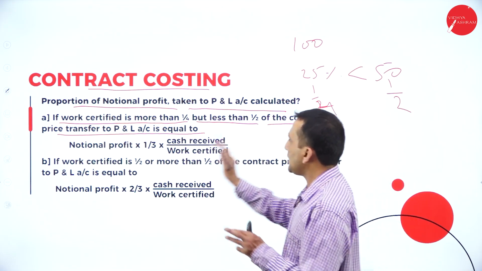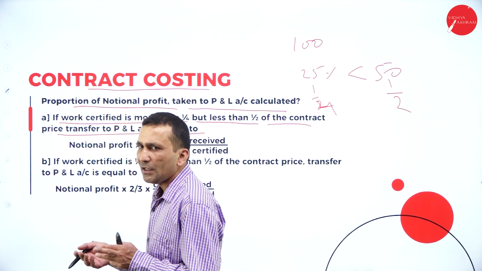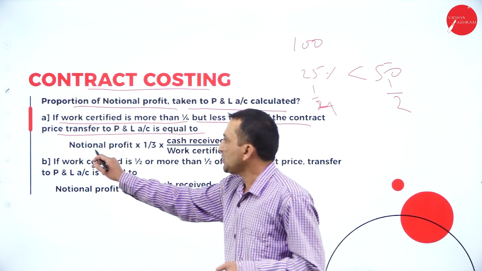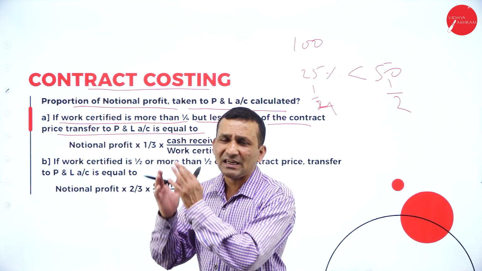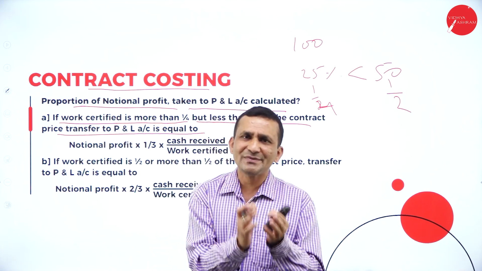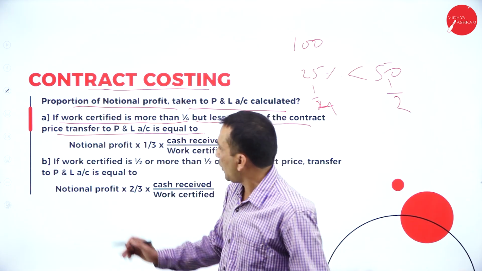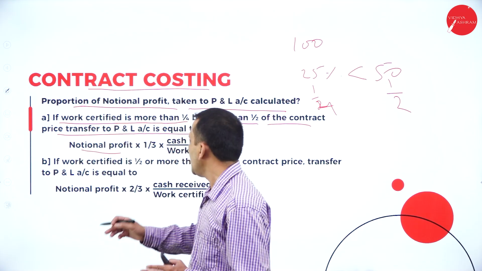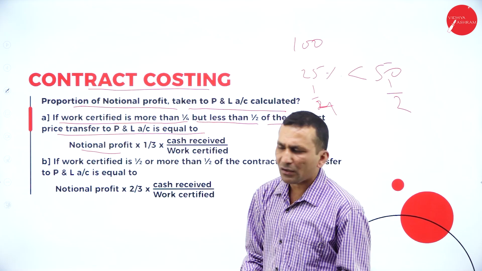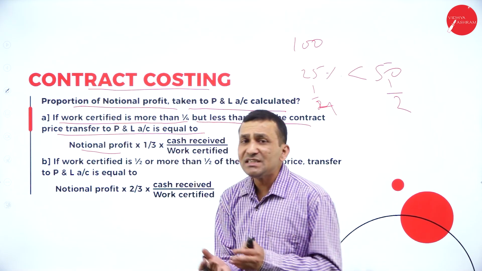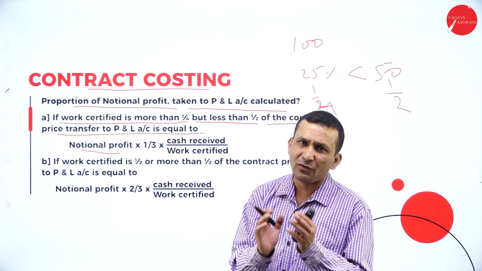Okay, so in that case, how do we find out the profit and loss? It is very simple. The notional profit is nothing but the credit side from the contract account. The credit side is more. If you subtract the debit items, the difference we call the notional profit. So, into 1/3, which is a standard formula, into cash received from the contractee,